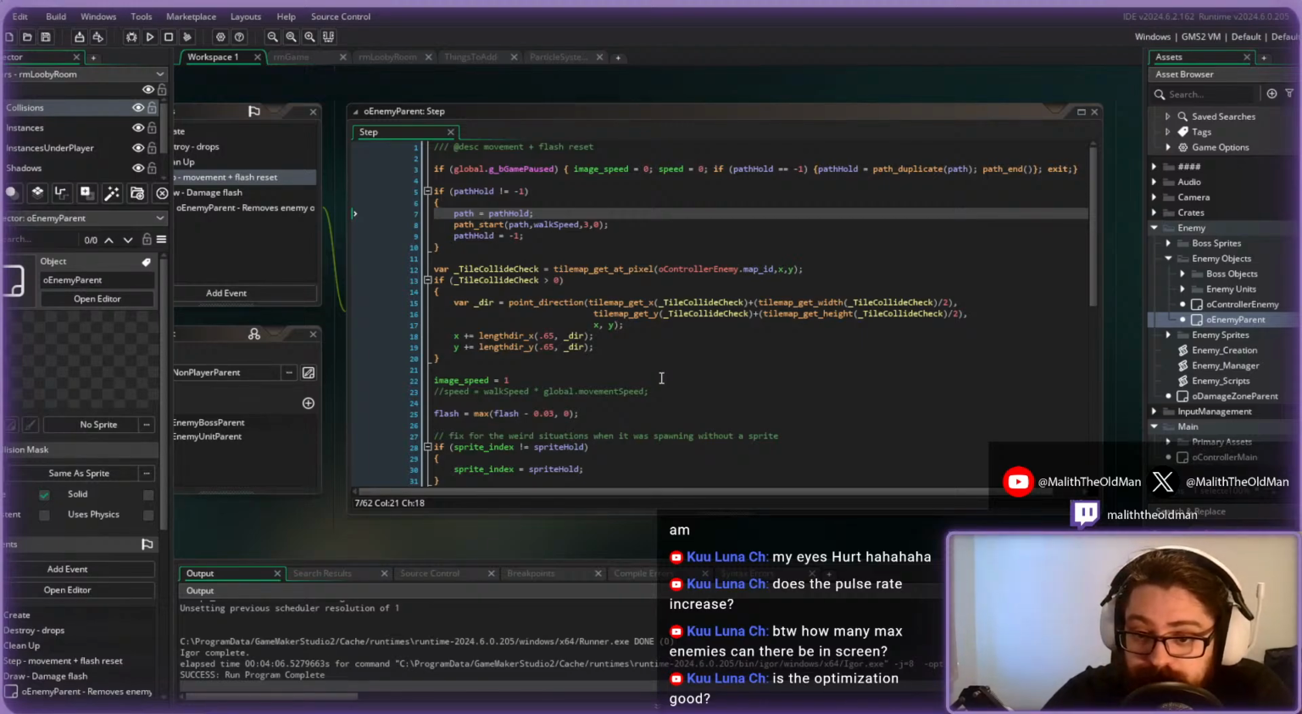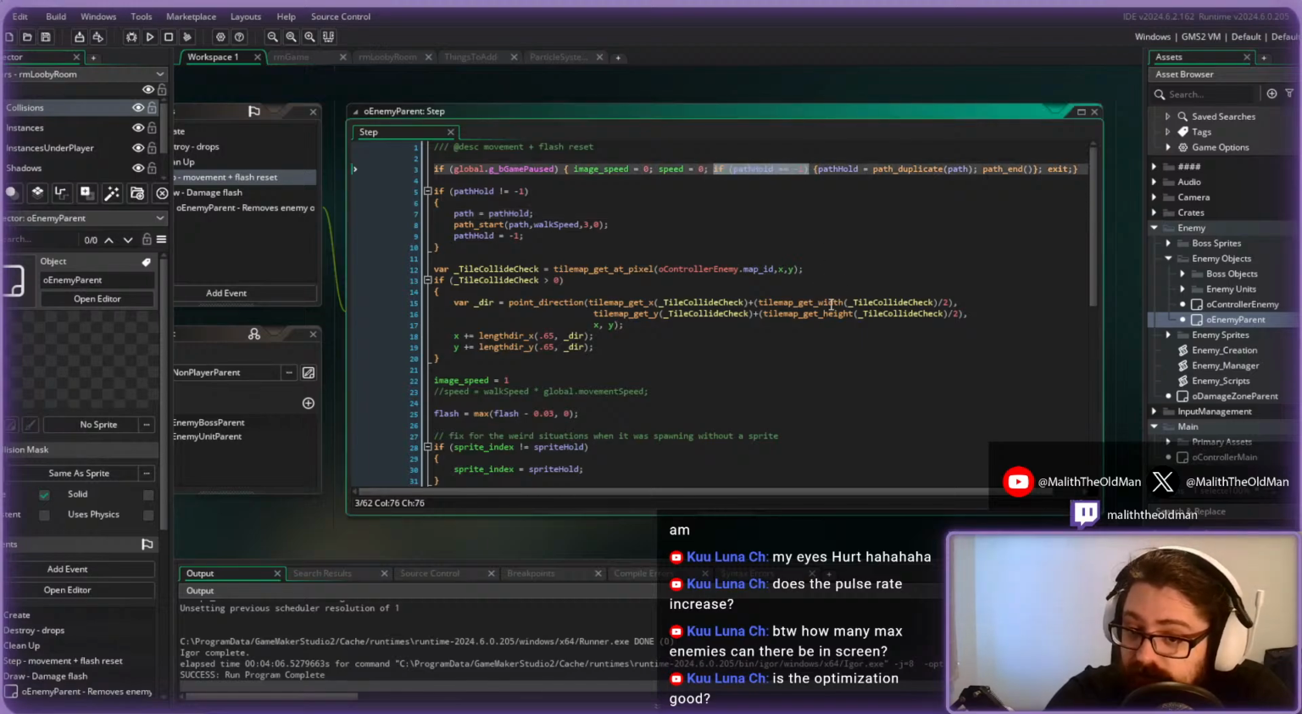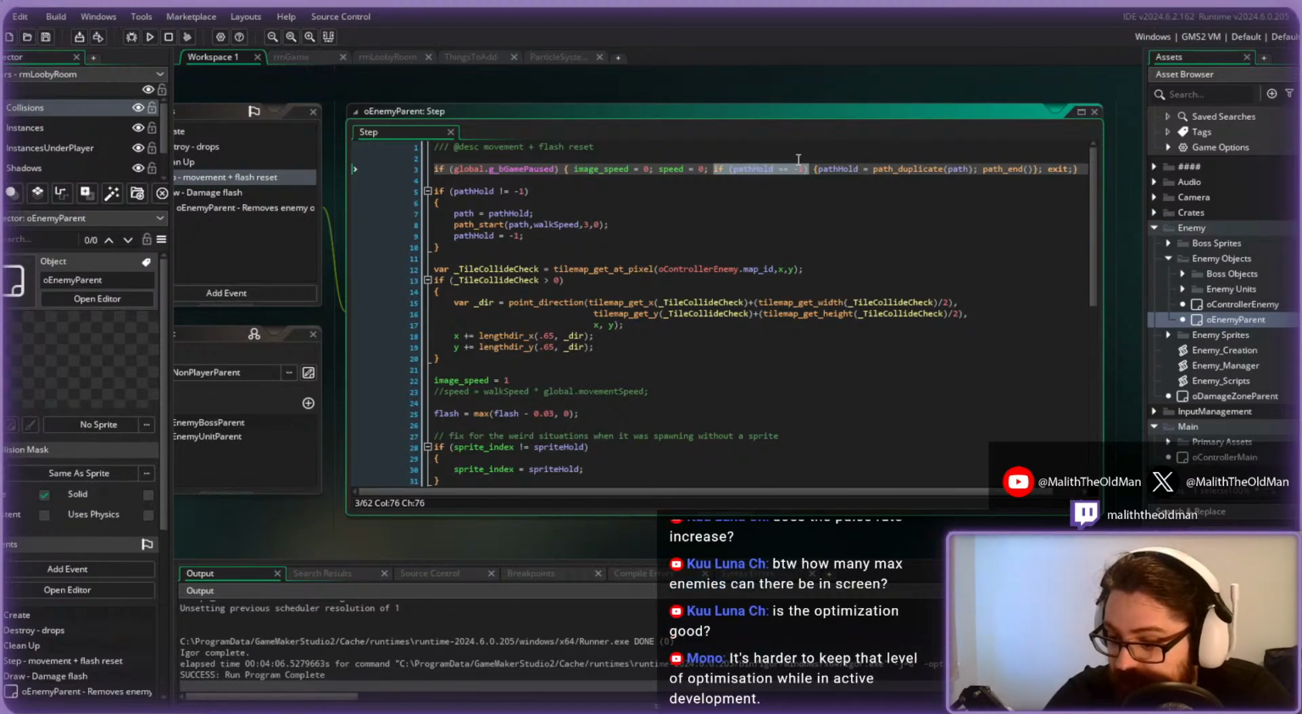I just added in this little bit here. So basically, instead of doing this action every frame, it now only does it once when pausing. That's good, but it's harder to keep that level of optimization while in active development. That is a big point of it as well. It's the same argument with